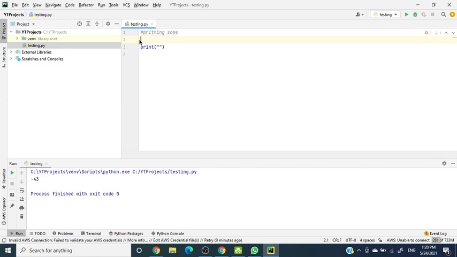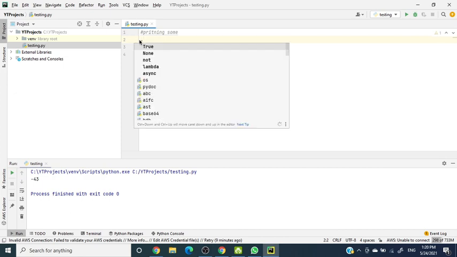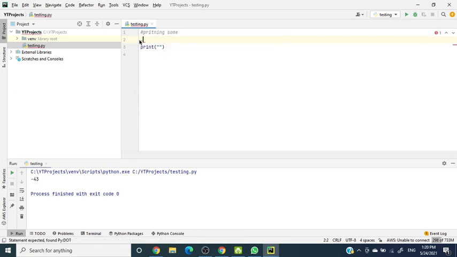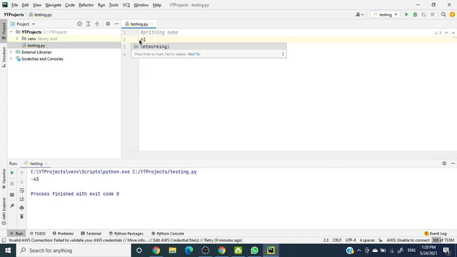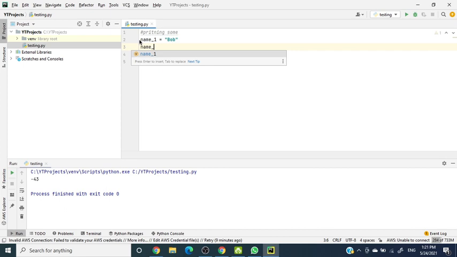We cannot start a variable name with numbers like 1, 2, 3, 4, and we also cannot start the name with some characters like dot. You can use numbers after a letter. Okay, you can declare something n1 or name underscore 1, that would be okay. So let's give this name Bob,